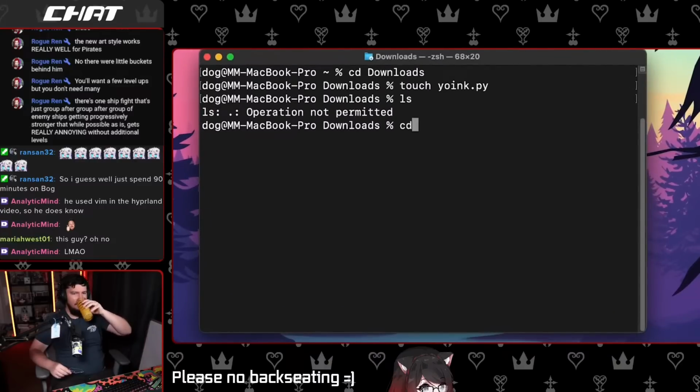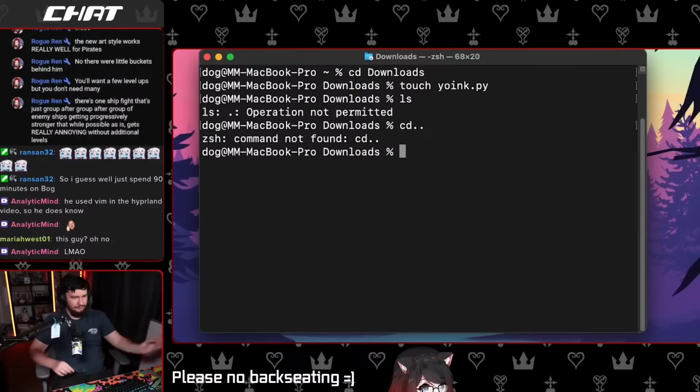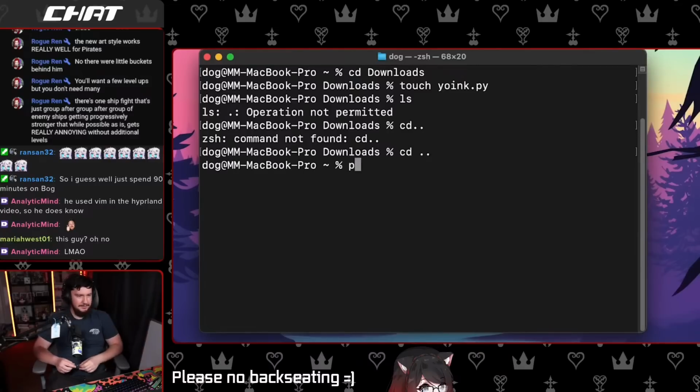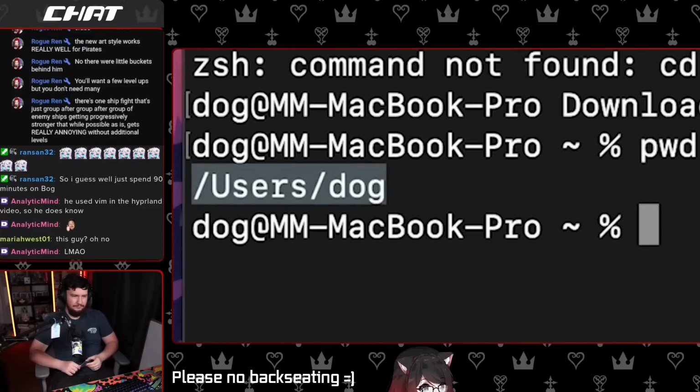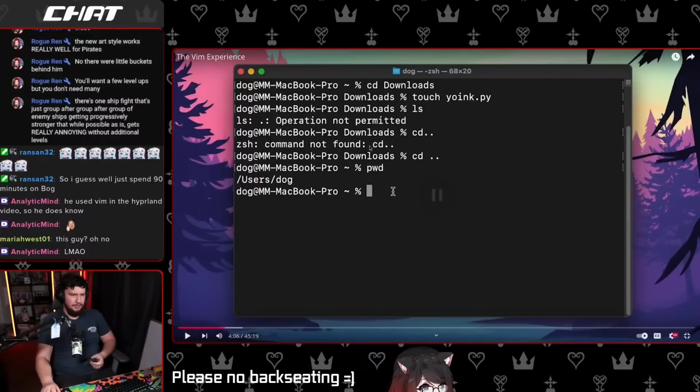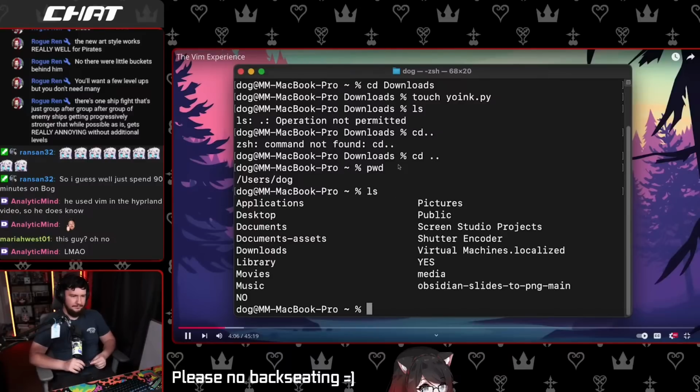So to go back, I'm going to do cd. Correct. Then pwd to print working directory, which should be my home folder. Woohoo, look at that terminal knowledge. Well, you already knew what your working directory was because it was right here. That's what this little squiggly is. And let's ls here to see what we have here.